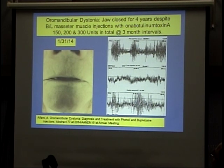So I put a needle into the masseter, and look at the activity. Instead of continuous activity, she had bursts of activity, rest, bursts with a pause, bursts, and this went on not only for the masseter bilaterally, but also the medial pterygoid, which is located right under another jaw-closing muscle. Since the toxins are not FDA approved and insurance would not pay for this treatment, I injected